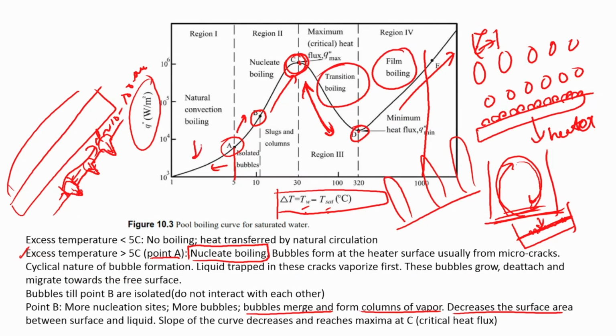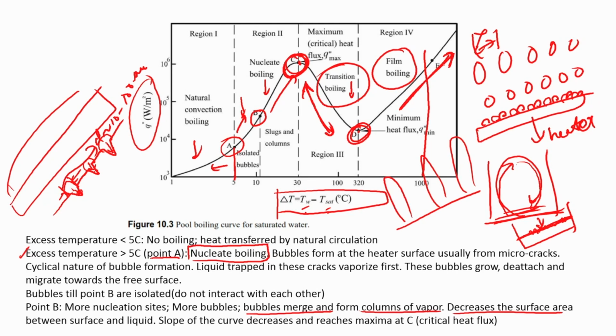Initially you have no boiling, then you start having isolated bubbles, then you start having slugs and columns that go up. Here the heat flux becomes maximum. Then you have something called a transition case, in which a vapor film forms over the surface, but that vapor film is unstable. So, it is an on and off kind of vapor film. You get to a situation when you have a stable vapor film, that is called the Leidenfrost limit, and then you slowly have this increase in the